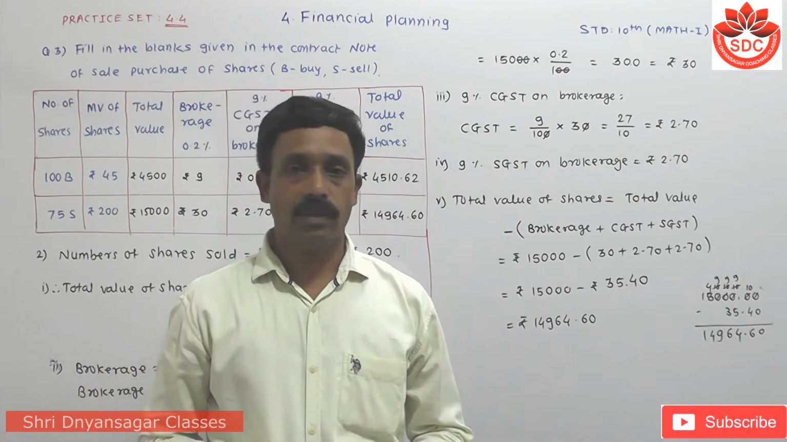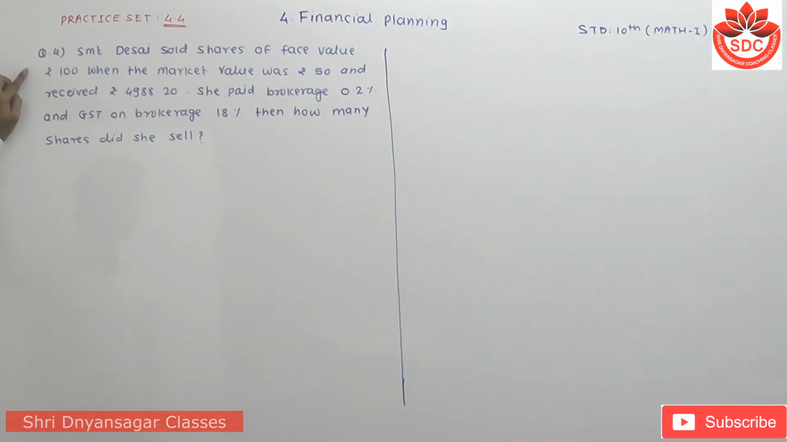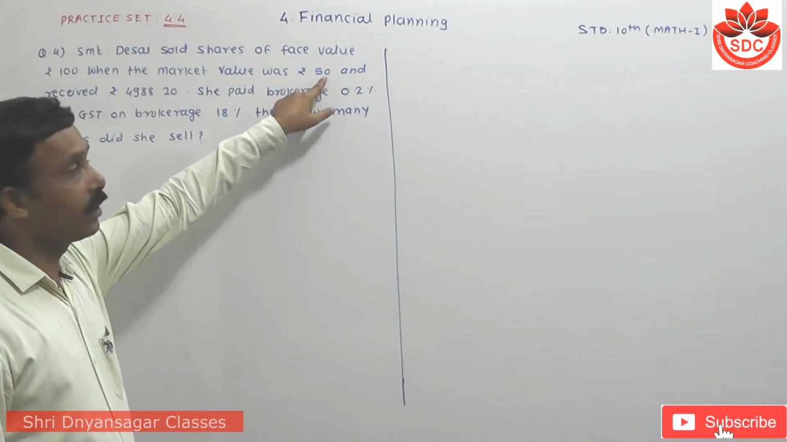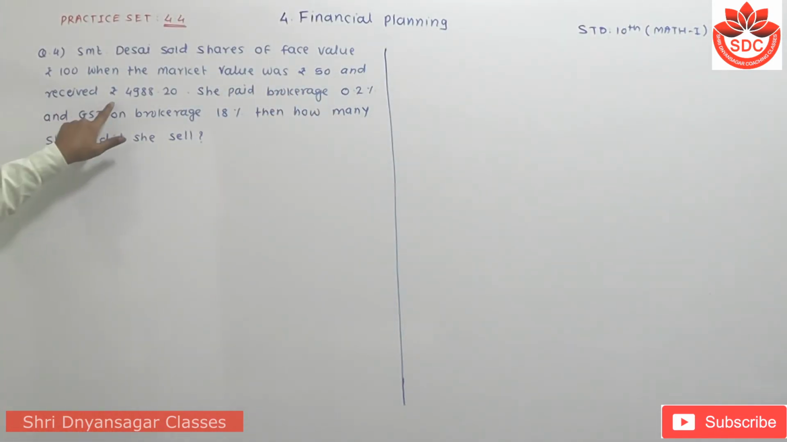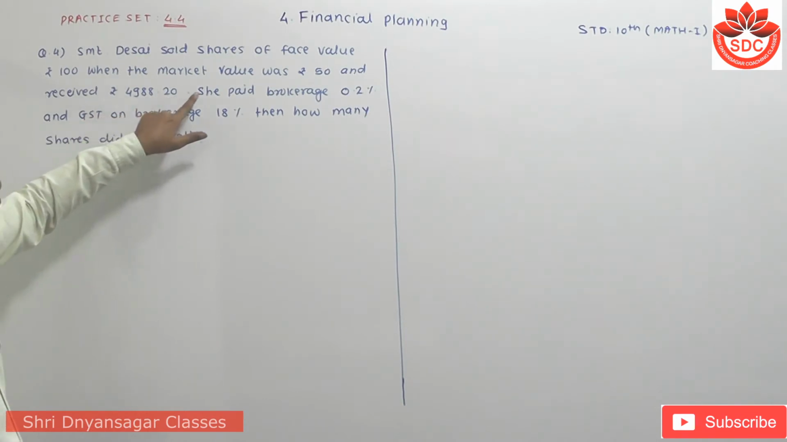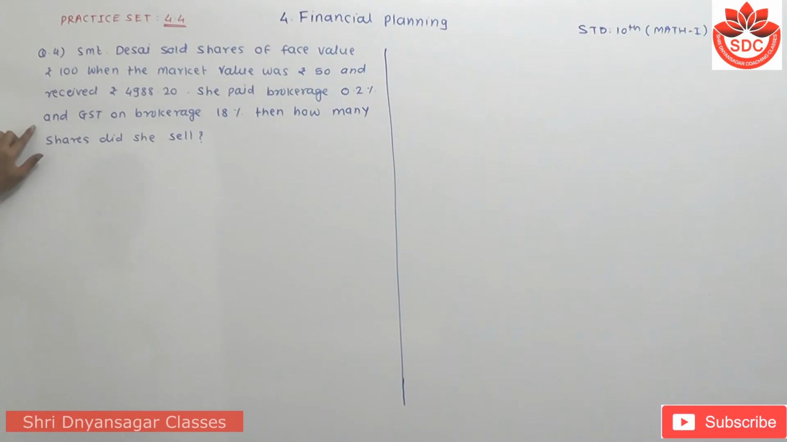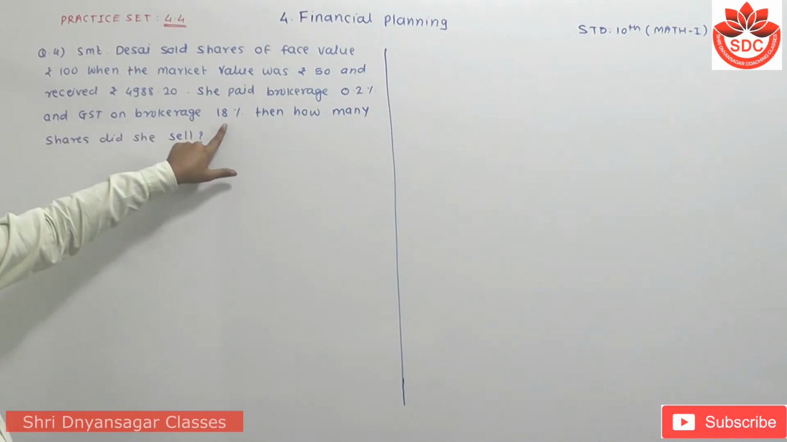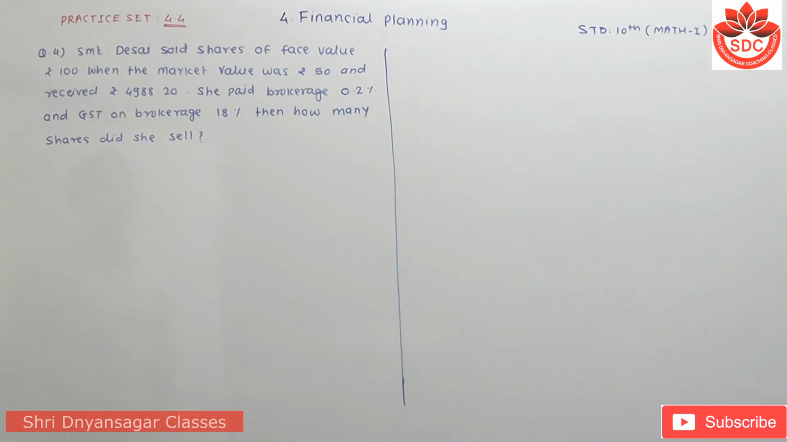We take the next question. Srimati Desai sold shares of face value rupees 100 when the market value was 50 rupees and received rupees 4,988.20. She paid brokerage 0.2% and GST on brokerage is 18%. Then how many shares did she sell? Now the solution of this one is,